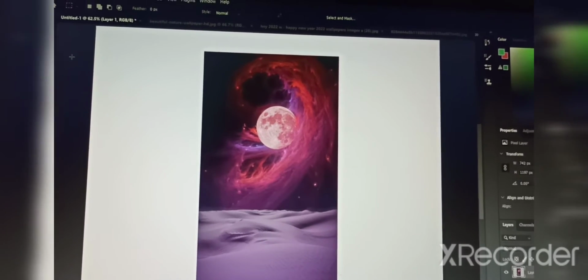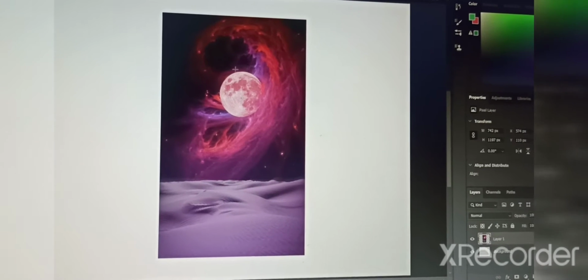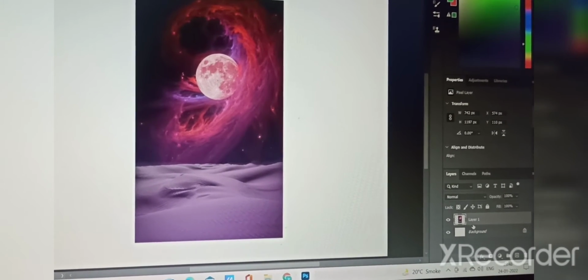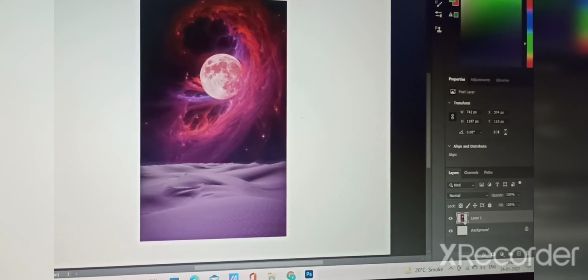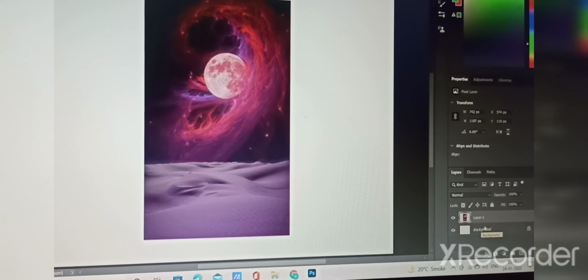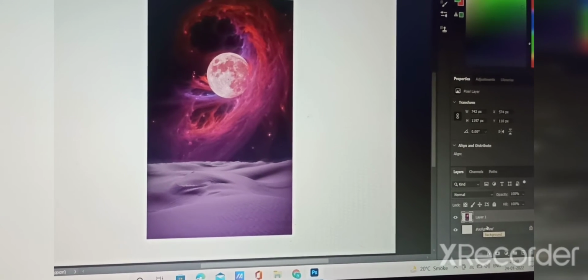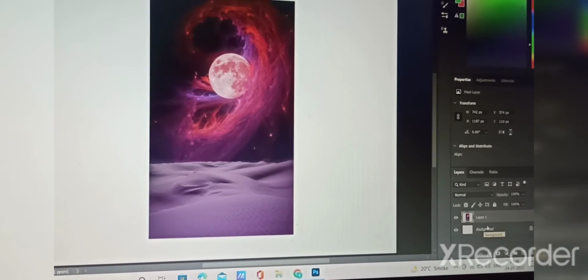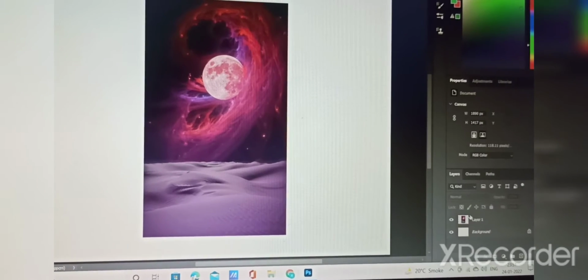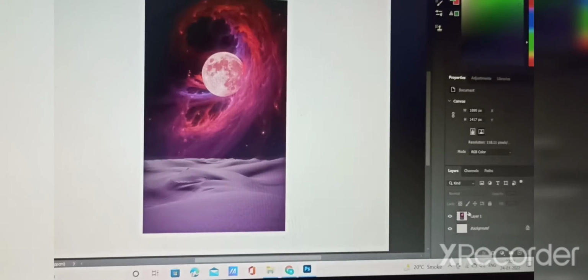You can see here also a layer 1 has come. On the bottom of the left hand side you can see layer 1 has come, in that this picture image layer is there. So this is layer 1. We have added an image in this layer. Got it? Okay, so now we are going to see renaming a layer.